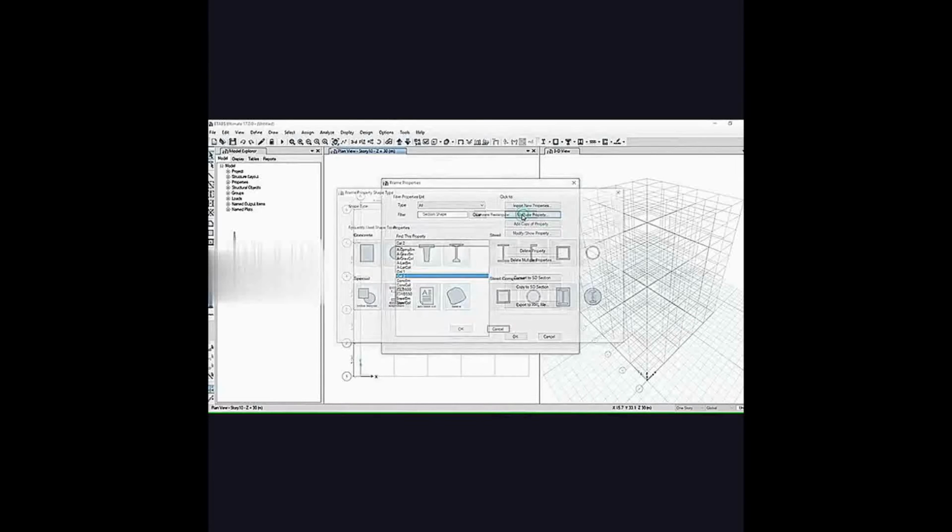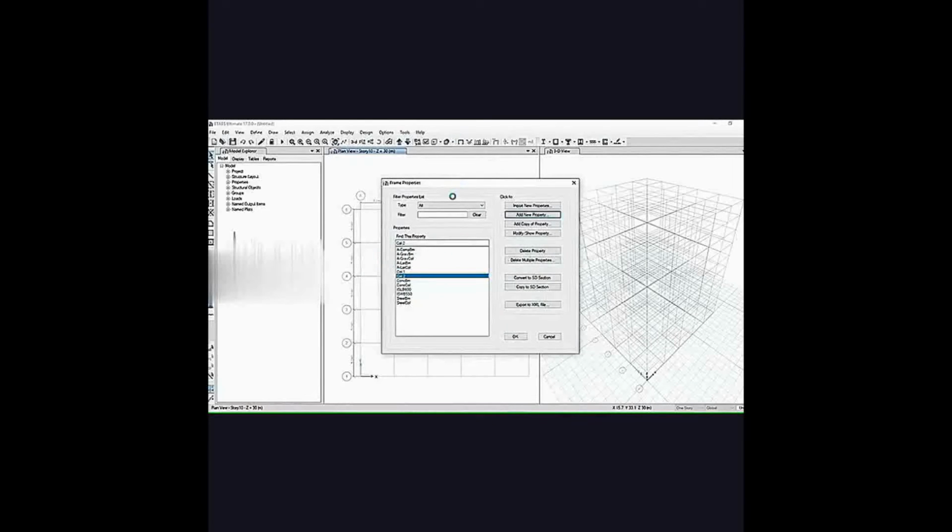I have to add new property again. Let's name it as beam 1 and set the depth as 450 mm. And I have taken width as 230 mm. Go to modify option, click on M20 design only, beam, click OK.